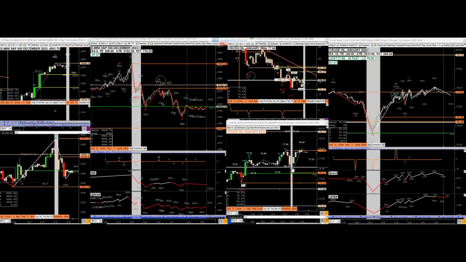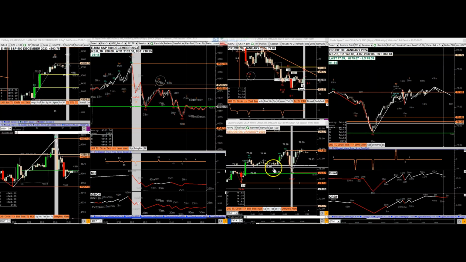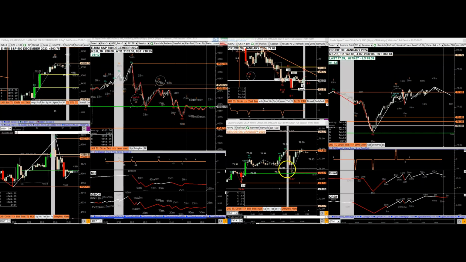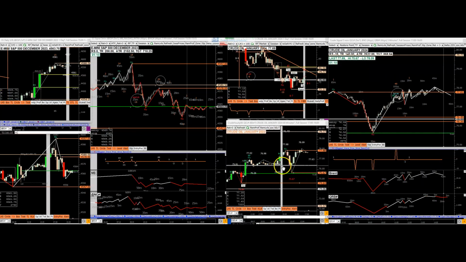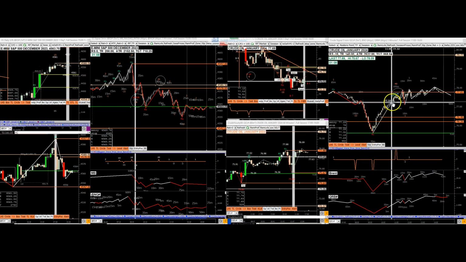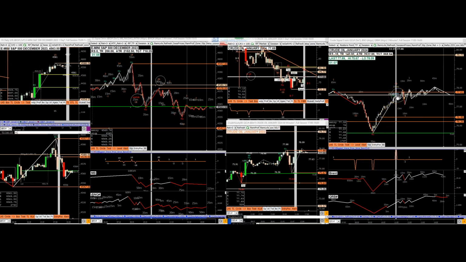Apply the three criteria. Did it have follow through? Is the first criteria. It did not have follow through. Did it come back within the range? It came back within the range and closed above. Did it have responsive buying from the lower time frame? Yes, it did. It's a spring,